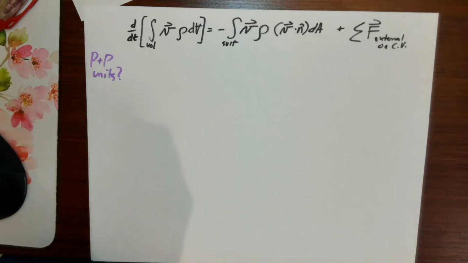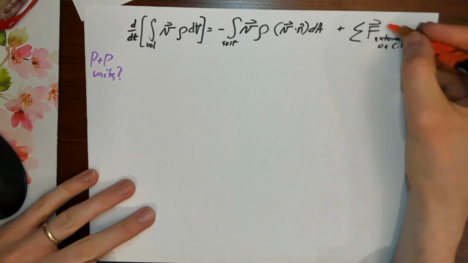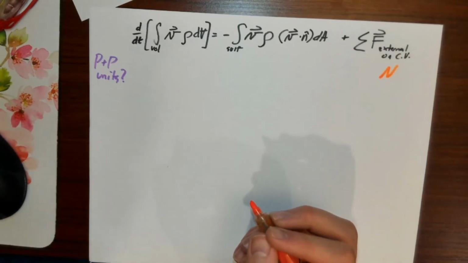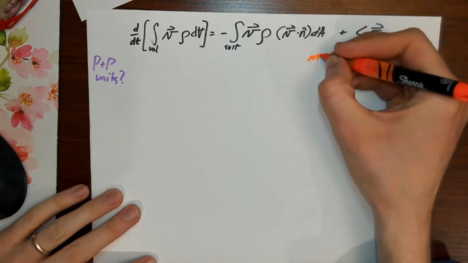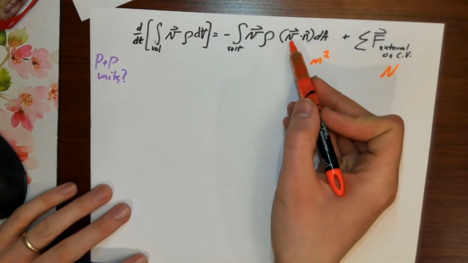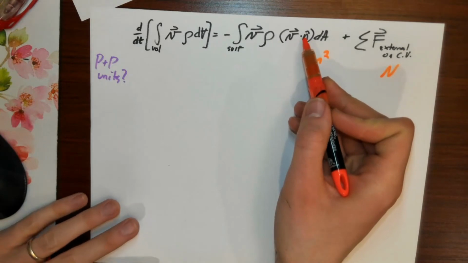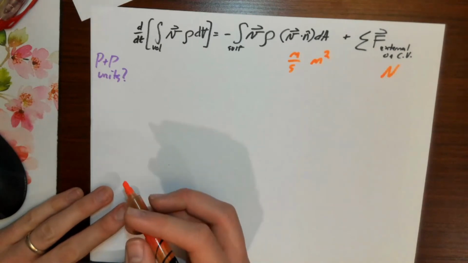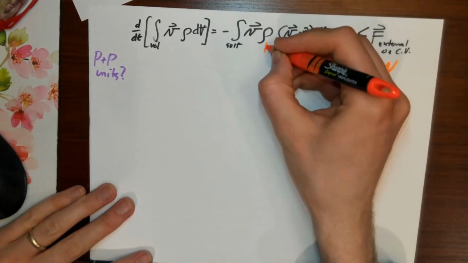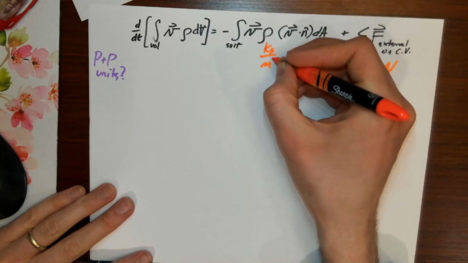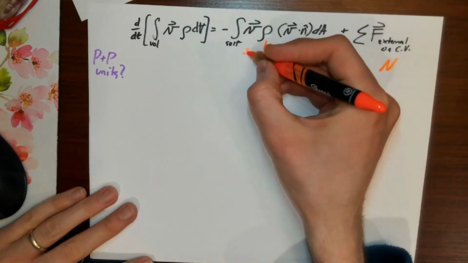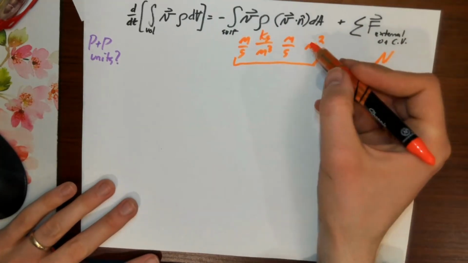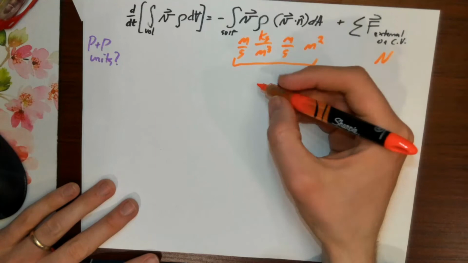All right, so hopefully you've paused and pondered. If I think about it, sum of forces, if we're dealing with SI units, has to be in newtons. dA, area, is going to be meters squared. V dot n, well, n is unitless since it's a unit vector, so V dot n is going to have units of meters per second. Rho is density, so it has units of kilogram per meter cubed. And V has meters per second. If I want to square away all of these units, I get meters, meters, meters. So I get meters to the fourth